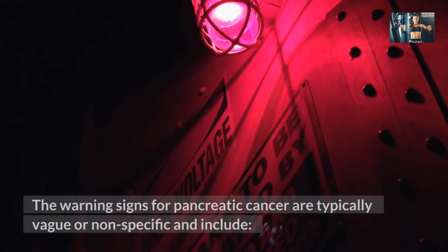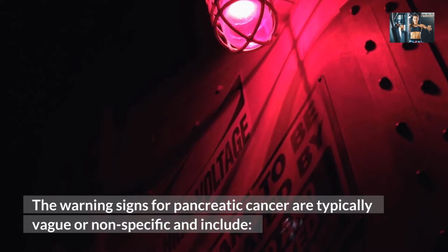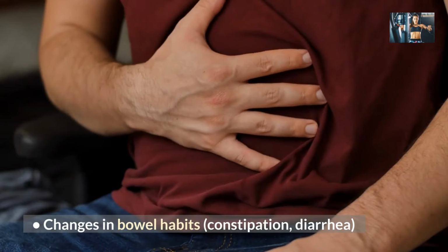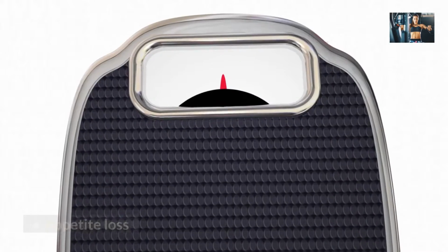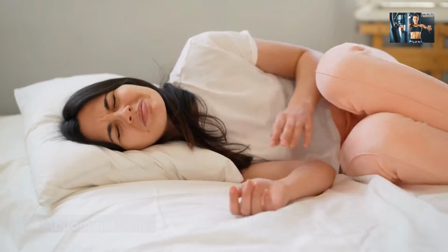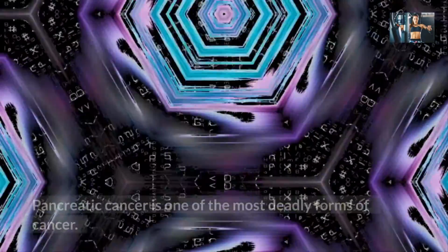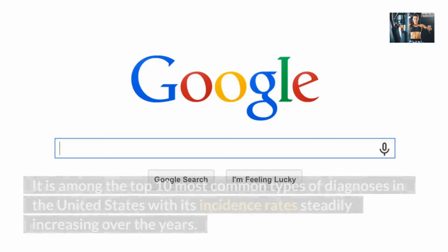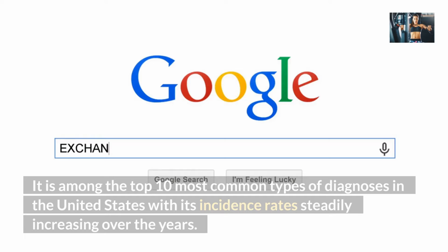The warning signs for pancreatic cancer are typically vague or nonspecific and include changes in bowel habits, constipation, diarrhea, appetite loss, weight loss, fatigue, abdominal pain, nausea or vomiting. Pancreatic cancer is one of the most deadly forms of cancer. It is among the top 10 most common types of diagnoses in the United States, with its incidence rate steadily